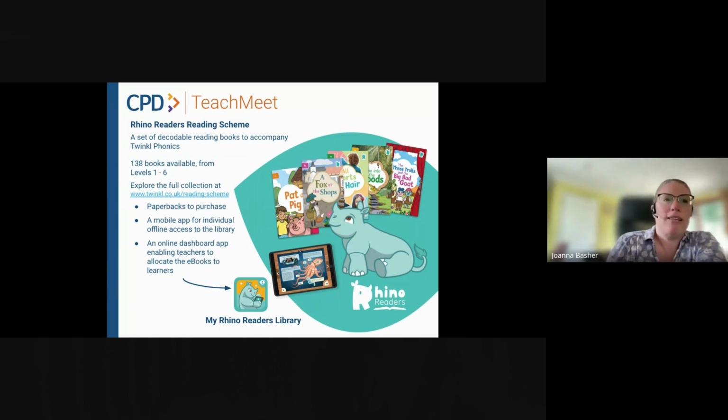And one of the big strengths, I think, of the Rhino Readers scheme is the different means of access and the different ways we let you and your children access the books. We do have paperbacks to purchase, and obviously for some people that is the main thing that they want. But we do have a few of the ways in which you can access this scheme and share the books